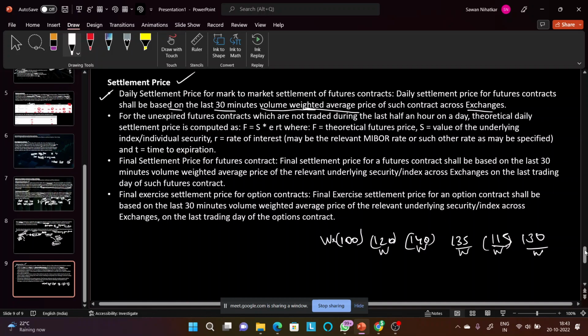What do you mean by volume? The number of people, that means the amount of activity which is happening at that particular price at that particular time. So let's say around 135 का जब price चल रहा था, around this particular time you saw a lot of activity in the market. There were many buyers and many sellers. So you expected a lot of people to trade in that particular security at that particular period of time. So that means इस particular price का weight जो होगा that will be extremely high.